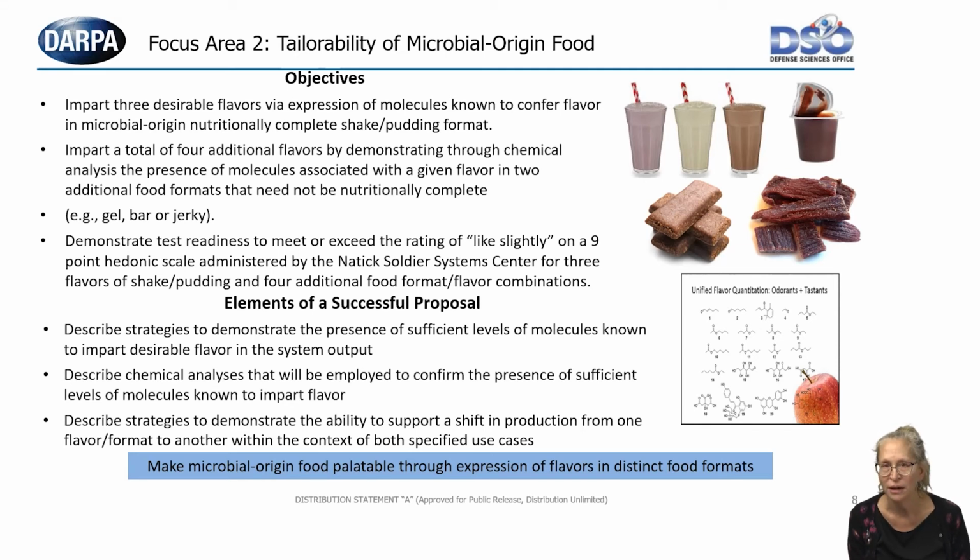We do not envision human subjects research conducted by performers. We are emphasizing in this program chemical analysis, not human subjects testing. Ultimately, the responsibility for evaluating the palatability of these products will reside with government team members according to prescribed protocols that are essential for any progress